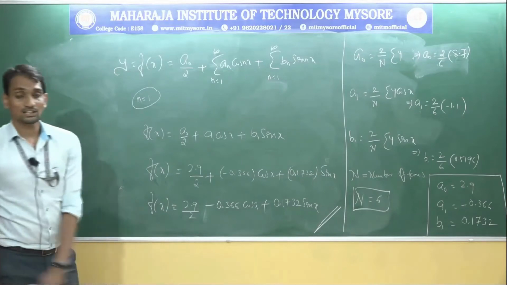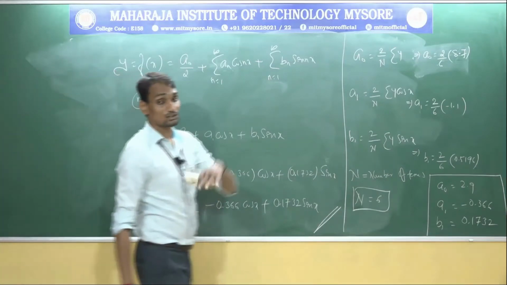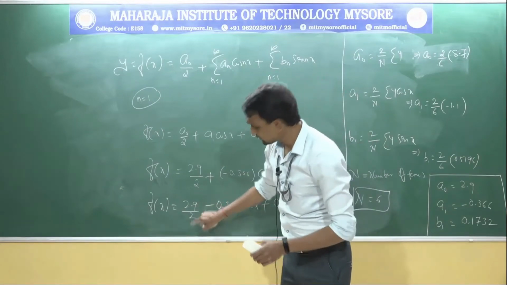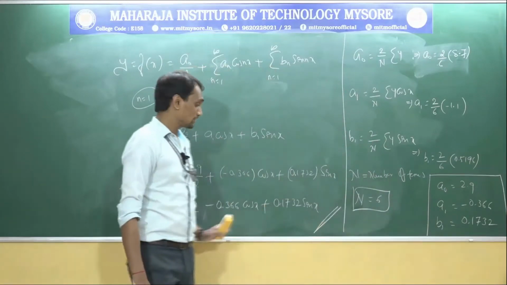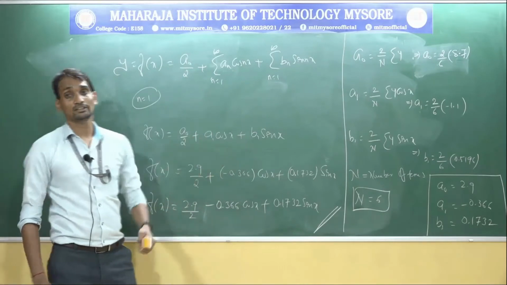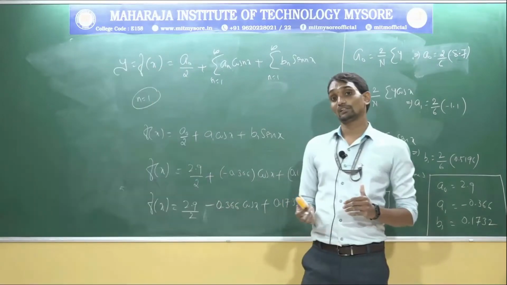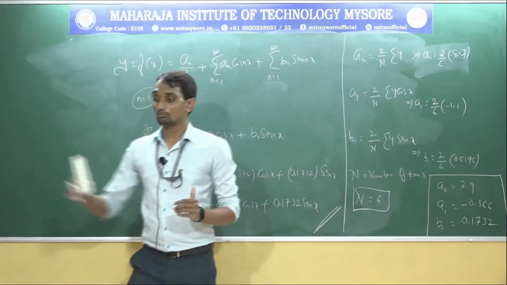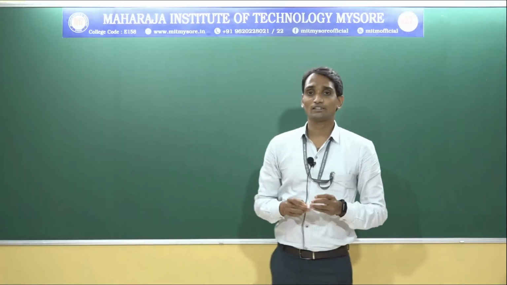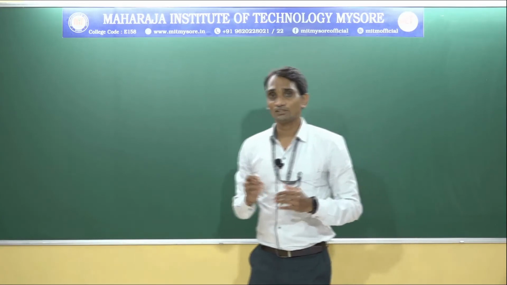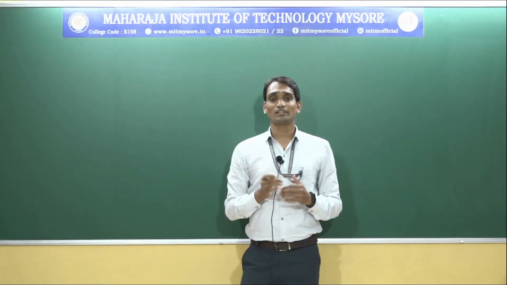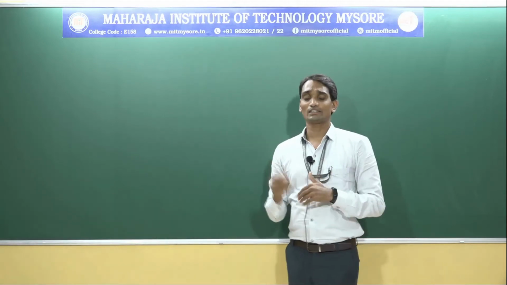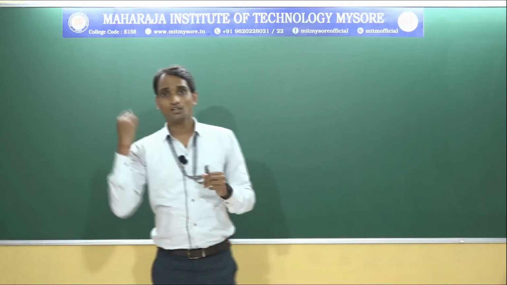This is the first harmonic analysis for f of x for given x and y values. You can further simplify 2.9 divided by 2, or you can stop here itself. Next I will go for the second harmonic as well as the third harmonic, like that I will solve some of the problems. One question on arbitrary functions, then I will explain which methods we need to apply, how to calculate the values for an arbitrary function, second harmonic or first harmonic, depending upon the given question we need to calculate the value.